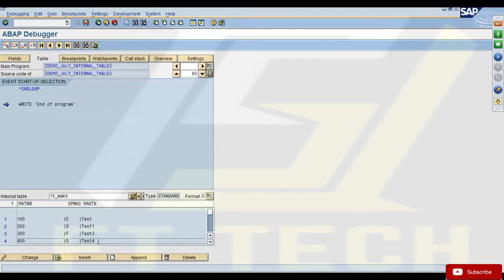So when we talk about accessing the data in an internal table, either you can access a single record by using read statement, or you can process all the records by using the loop statement. And when you want to write a read statement, again you have two options. Either you can read by index or read by key. So in index you can specify the index number, and in key you can specify the key by which you want to read.